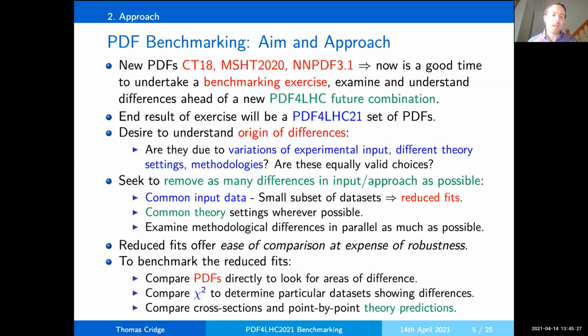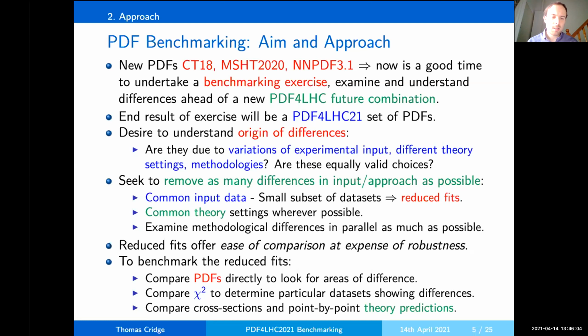And that's our aim, and our approach here is to essentially seek to remove as many of these differences in input as possible. And that means taking a common input data set, a small subset of the data sets fitted by the global fits, taking common theory settings wherever possible, and examining methodological differences in parallel as much as possible. And these then allow us to remove these differences so that in the benchmarking we can examine remaining differences in these so-called reduced fits. These reduced fits then offer us essentially an ease of comparison between the global fits, albeit at the expense of the usual robustness you get from fitting the full data sets of the global fit